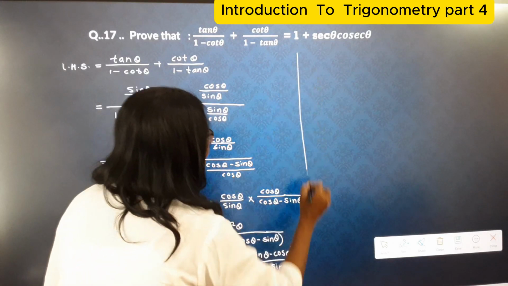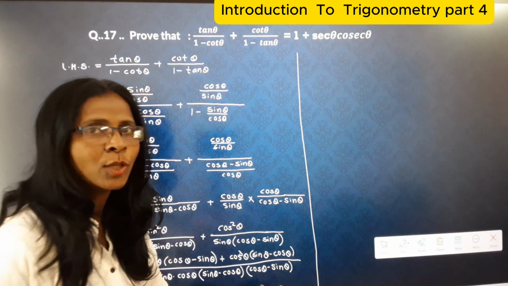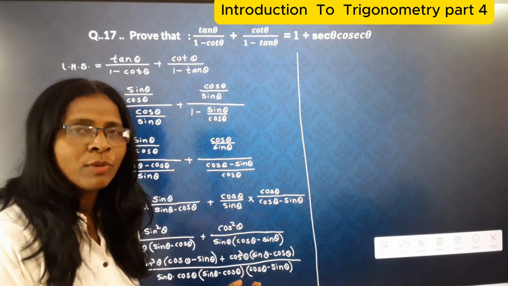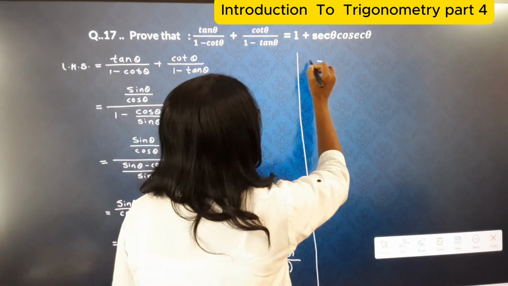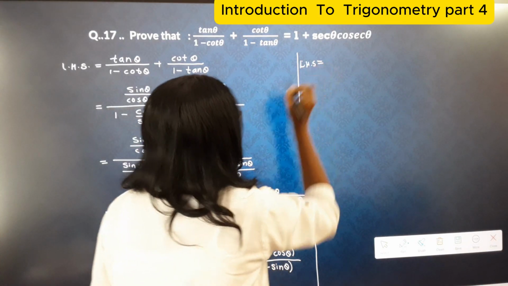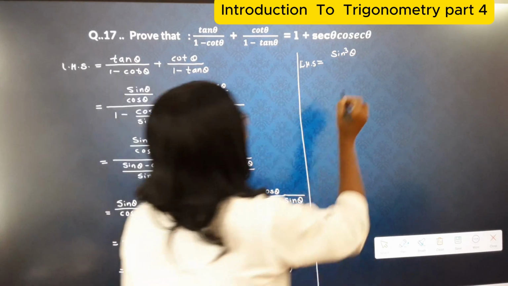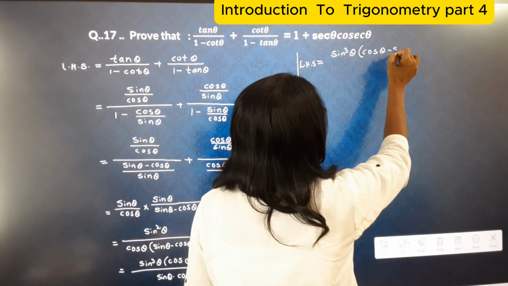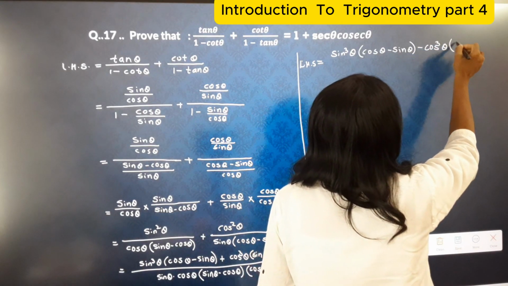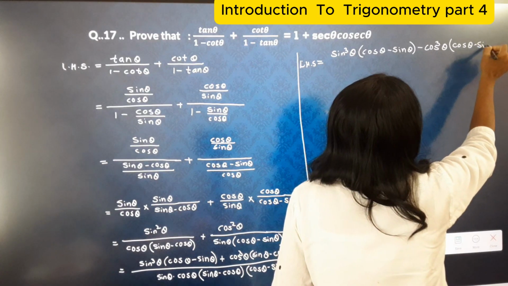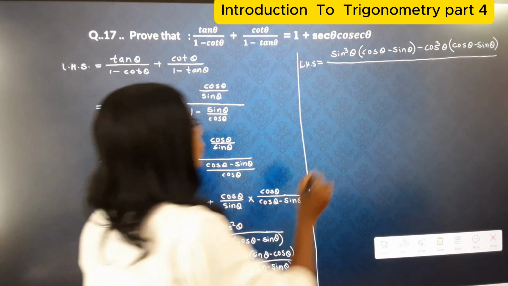So we change the sign, and also sin theta minus cos theta and cos theta minus sin theta. We change the sign, and afterward the minus 1 comes in the numerator and denominator, so it will be cancelled out. So LHS is equal to sin cube theta multiply cos theta minus sin theta minus cos cube theta in the bracket cos theta minus sin theta, and then divided by sin theta cos theta